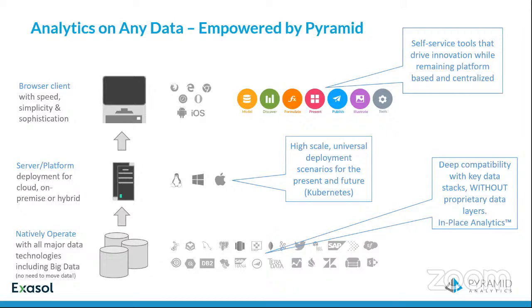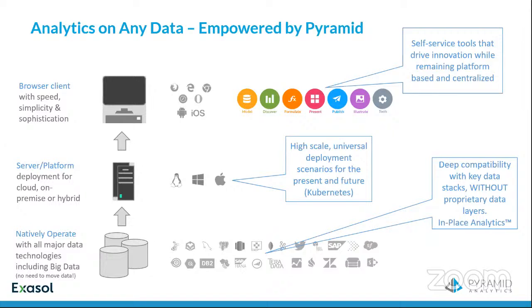The Discover module allows me to drag and drop to create my queries and visualizations, each of those saved into a central repository. In that repository, I have my own private workspace, shared team workspaces and shared public workspaces, depending upon what's been set up by the administrator.